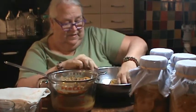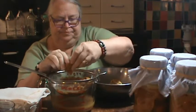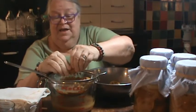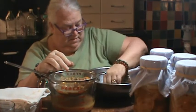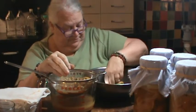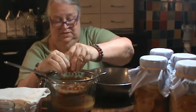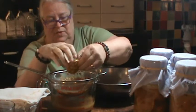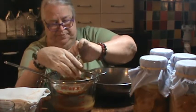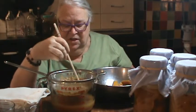See, by squeezing these, I get all of the liquid. If I put this in a spray bottle as it is, the pulp would clog it up in no time. And this helps really take it out. Okay, so I'm just hurrying this along a little bit to get some of these peels out of the way. I'm going to just stir this and try to work the